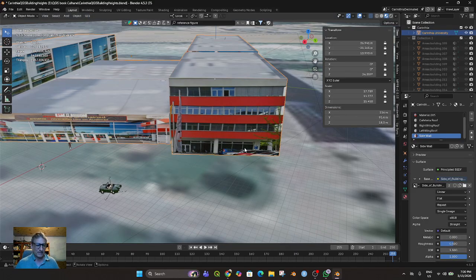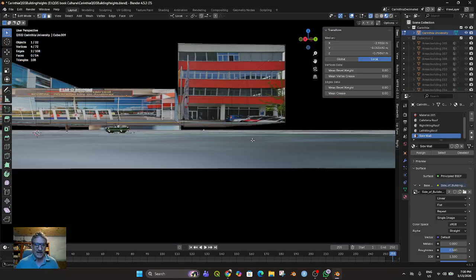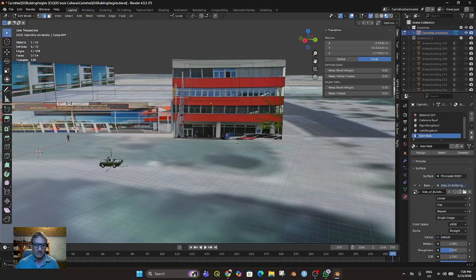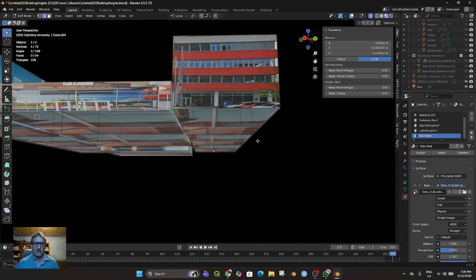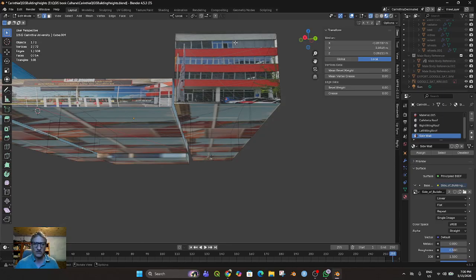Then I'm going to go into edit mode and grab the bottom surface. I really should turn everything else off. So goodbye car, goodbye main body reference, goodbye satellite map. All right, we just have this floating in space, and I'm going to go to edit mode and grab the flat surface part,